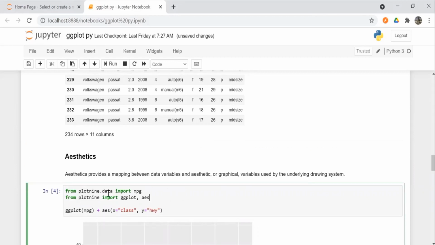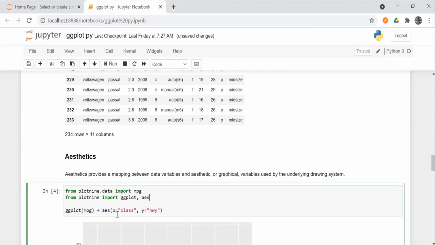From plot9.data import the mpg dataset. From plot9 import ggplot and aes, where aes stands for aesthetics. Then we do ggplot(mpg) plus, using the combine operator, aes with x equal to class and y equal to hwy.